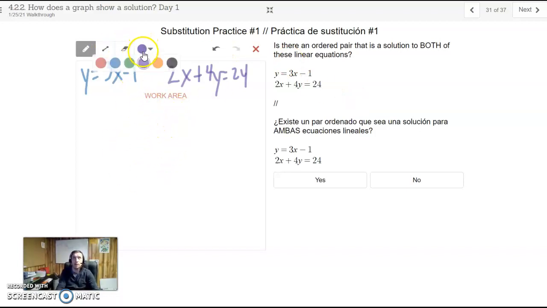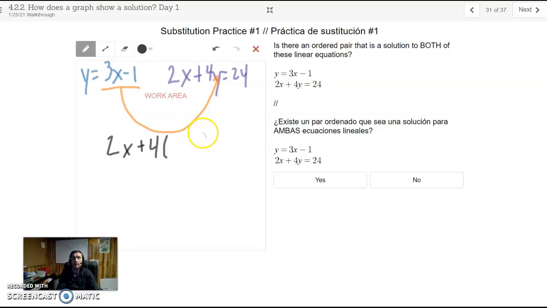If you didn't do it correctly and you want to walk through this, let's take a look. So y is equal to 3x minus 1. We're going to take this and plug it in for y. So what we end up having is 2x plus 4, but instead of y, we're going to put this 3x minus 1. Everything else is the same. Instead of this y, we have 3x minus 1. Thus, the substitution. Multiply the 4